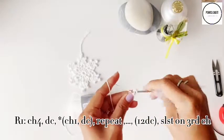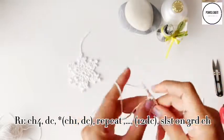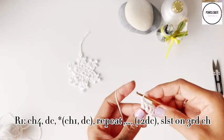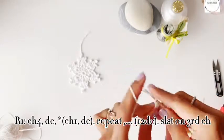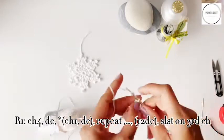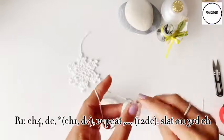chain 1, double crochet around the circle here, chain 1, double crochet. So the total should be 12 after double crochet, including the 3 chains at the beginning. I have now 5 and 1 chain in between. 7, chain 1, 8, chain 1, 9, chain 1, 10, chain 1, 11, chain 1, and the last double crochet,